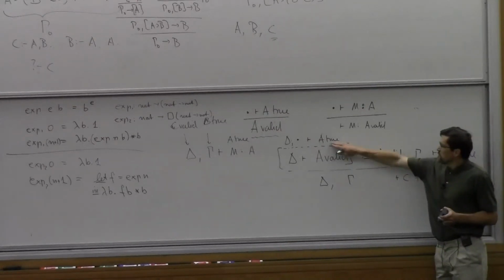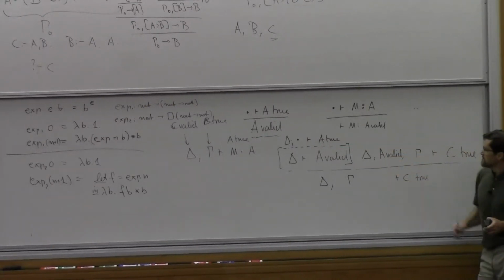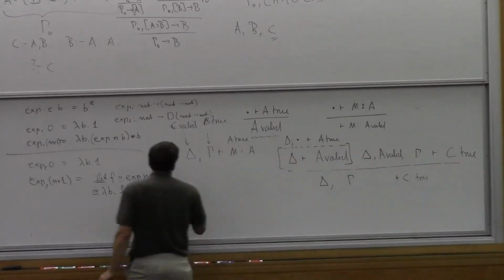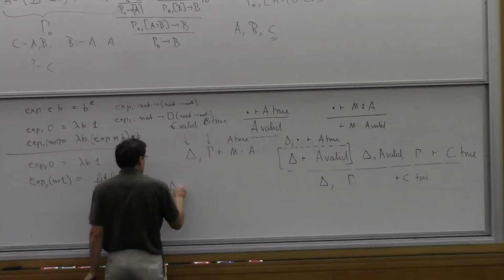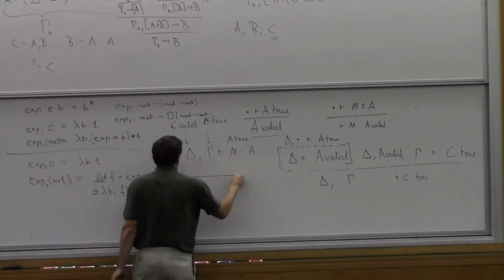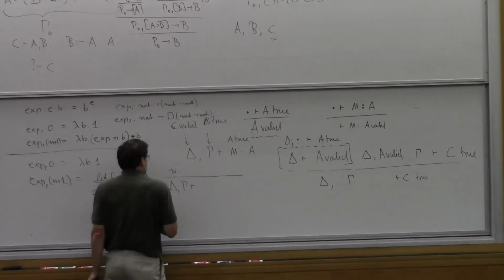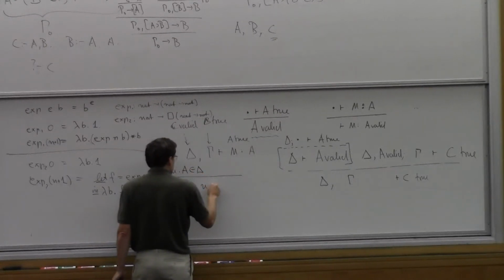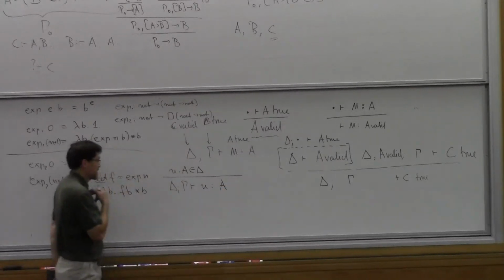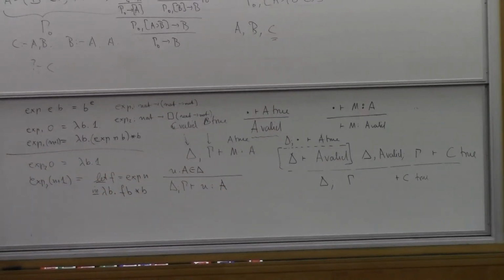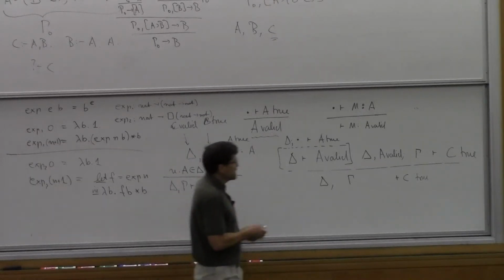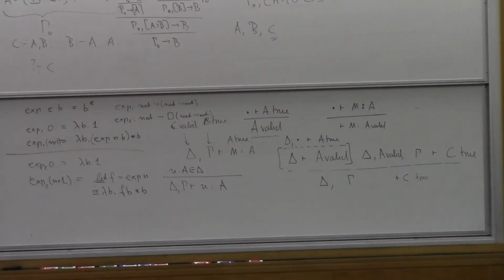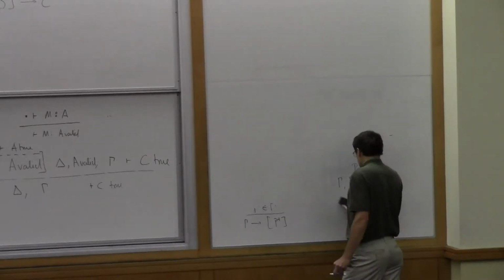So our judgment then will be this. Our substitution rule will be this. And we have a new hypothesis rule, which is like this. If we have delta and gamma, and we have one of these source expression variables of type A in delta, then we're allowed to assume that it's actually a term of type A. Okay, and now that's all we need. The next thing we need to do in order to actually use this in the programming language is to internalize the judgment of validity as a proposition.